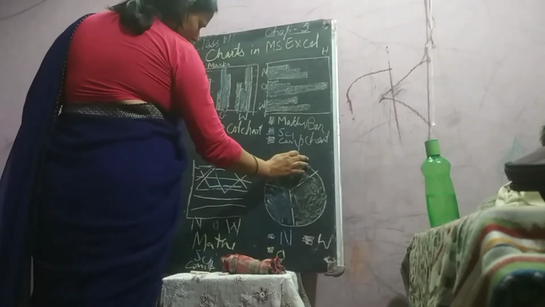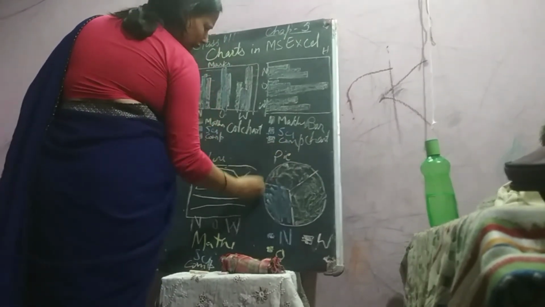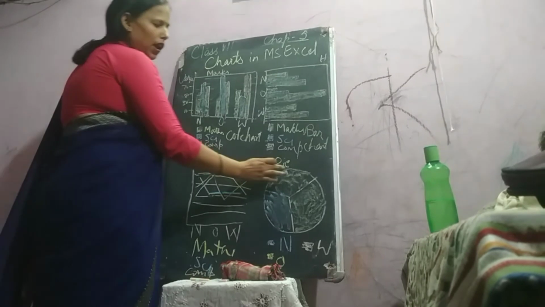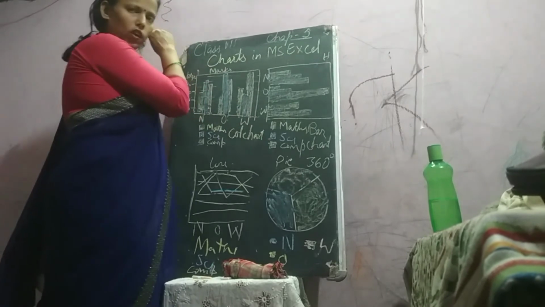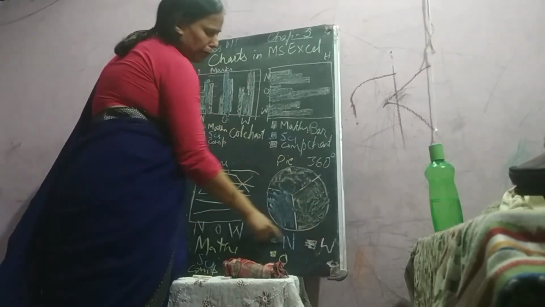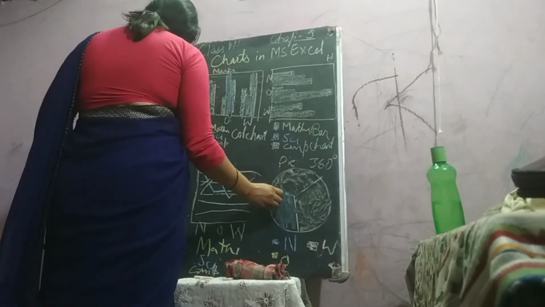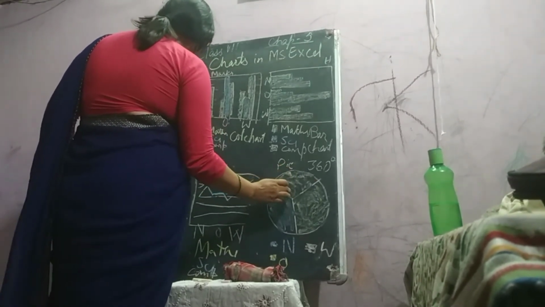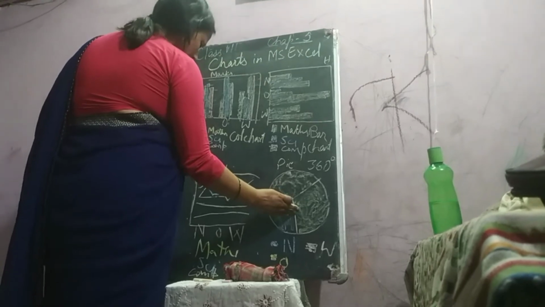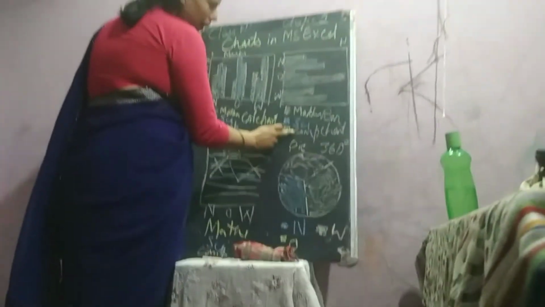Next is pie chart. Okay, line and pie. Pie chart is on 360 degrees. You can create the chart on the axis of 360, that means a complete circle. In this chart, you can represent the data in the form of a circle and plot data for a single data series. We can't create this data for maths, science, computer individually. We are creating it only for three students.